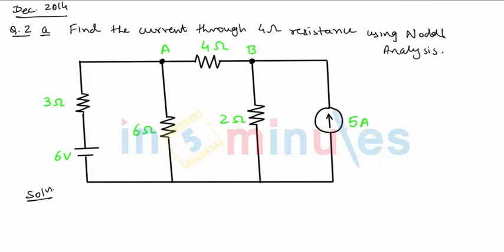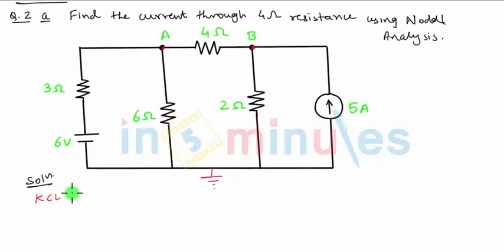In nodal analysis, before we go on to find whatever is the question, we first define the nodes and find out the node voltages, and with the help of those node voltages we will find out whatever they have asked us to find. For example, in this case, current through 4 ohm resistance. So if you carefully observe this particular circuit, you will see 3 nodes. This is my node number 1, this is node number 2, and this particular line will also act as node number 3. And as per our convention, we take this bottom node as the ground node or ground line, and hence we will be now applying KCL equations at node A and then node B.